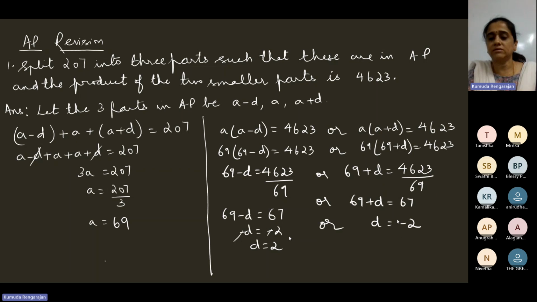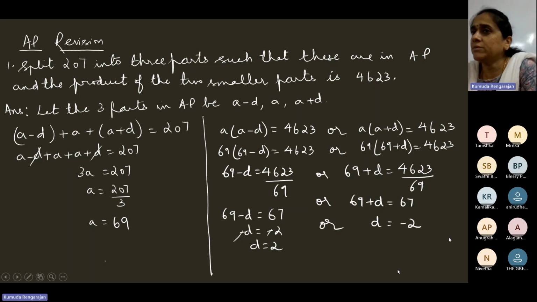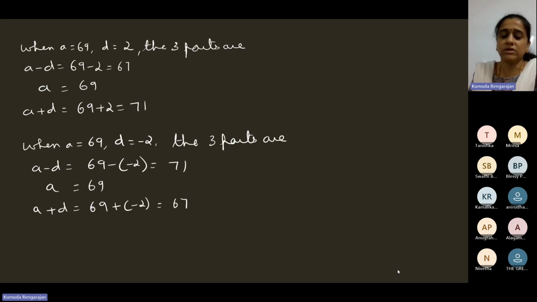So we know that to assume three numbers in AP, we should go with the assumption A minus D, A, A plus D. Four numbers in AP: A minus 3D, A minus D, A plus D, A plus 3D. To assume five numbers in AP: A minus 2D, A minus D, A, A plus D, A plus 2D. Okay. If we have forgotten,